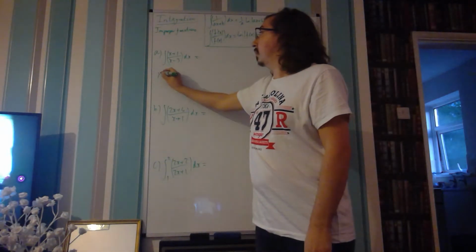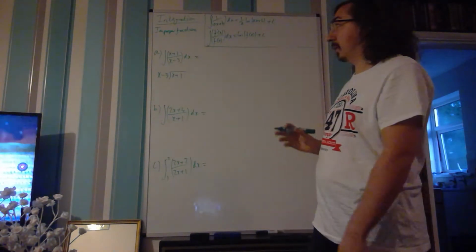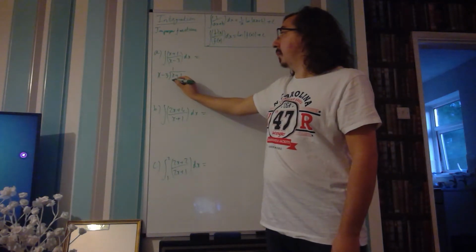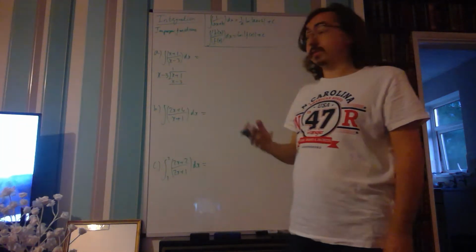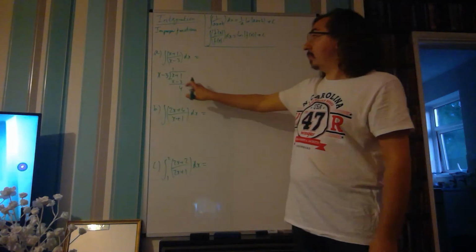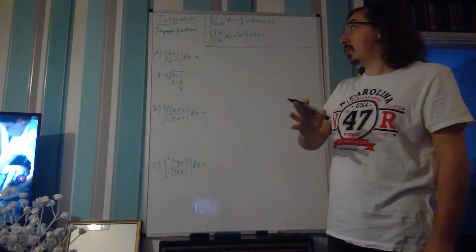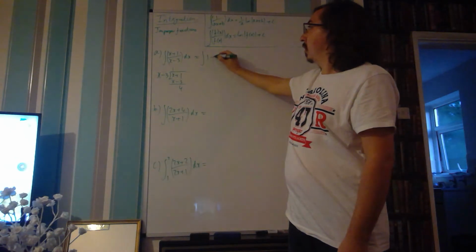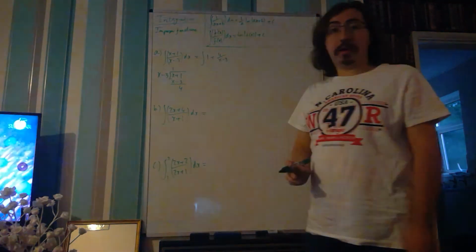So for the first one, we're going to do x plus 1 divided by x minus 3. So a little bit of algebraic division. X divided by x is 1. Multiply through, so x minus 3. Subtract the two expressions, the x's cancel. 1 minus minus 3 gets us plus 4. Now that the power of x in this is less than the power of x here, that's fine, we can stop. And all it means is we can rewrite our expression as 1 plus 4 over x minus 3,